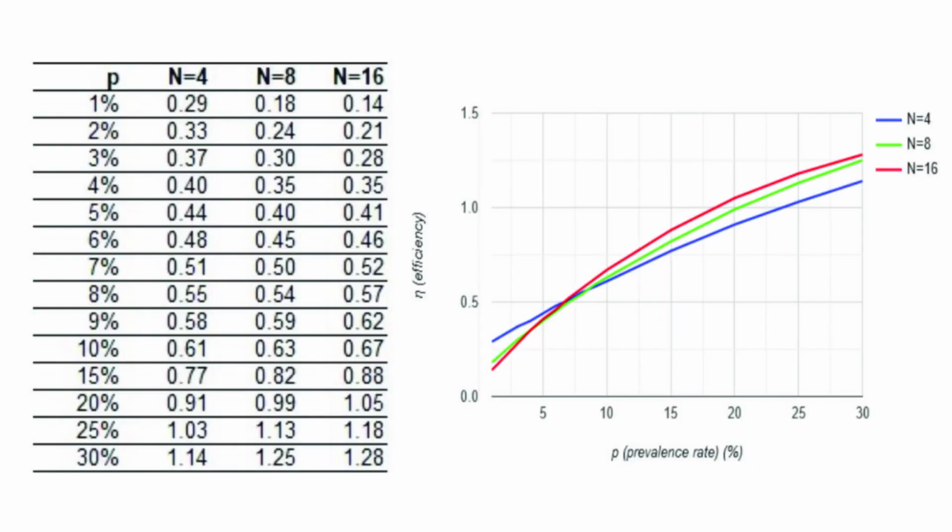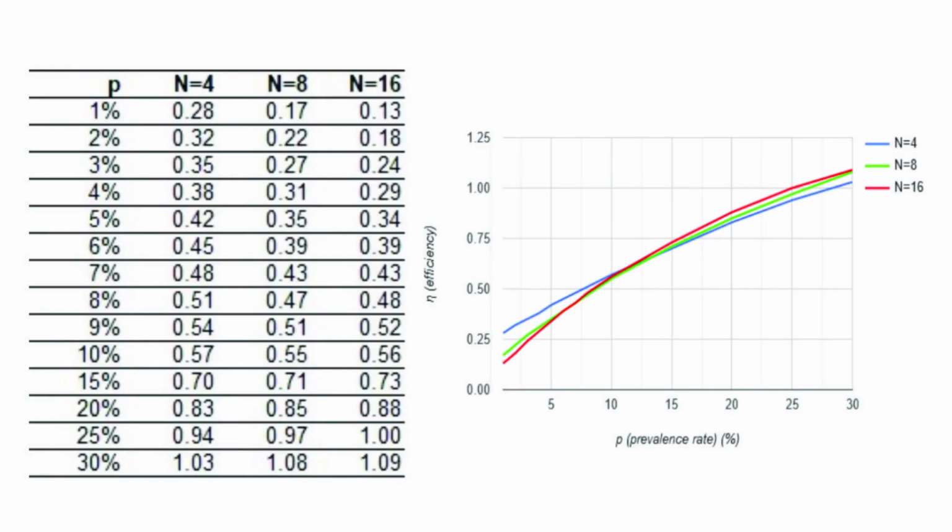By changing the prevalence rate variable in the spreadsheet, I summarize the efficiency for 4, 8, and 16 samples. We can see from the table that the efficiency is about 1 when the prevalence rate is 20%. It means if the percentage of infected persons in the population is 20%, then the number of tests is about the same as individual tests. From this point up, the pool test method is no longer feasible. For the optimized version, that critical point is achieved if the prevalence rate is 25%, which is better.